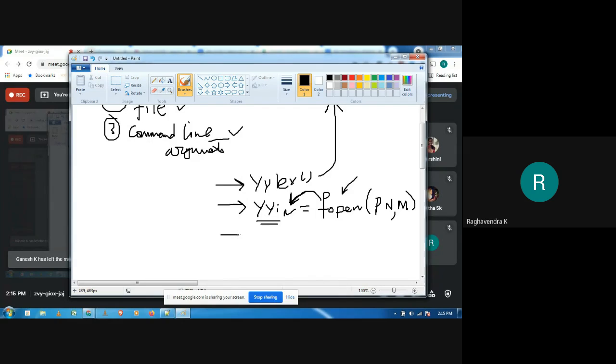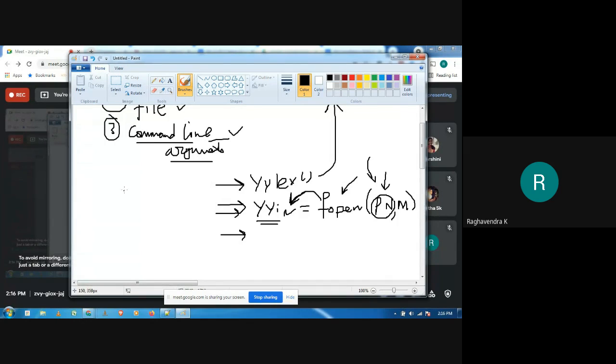The third way is also the same, but we are accepting the input through the command line. Input in the sense we are accepting the name of the file, right? In the second case, the file name has to be specified in the function as a parameter. So if you want to change the file during runtime, it's not possible. What we can do is specify the file names through the command line and then substitute the name of the file into the path name of the fopen function. So how do we do that?